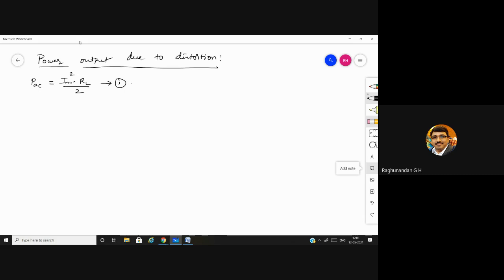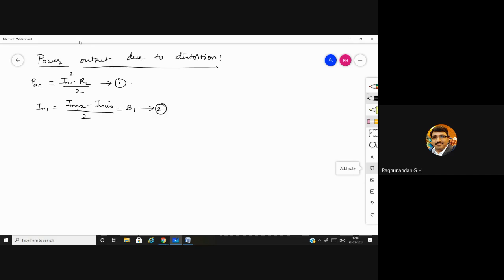To this equation, we substitute Im equal to (I max minus I min) by 2. From our second harmonic distortion derivation, what is (I max minus I min) by 2? Just look into the derivation we did yesterday. Along with B0, B1, B2, it is equivalent to B1. So take this as equation 2.